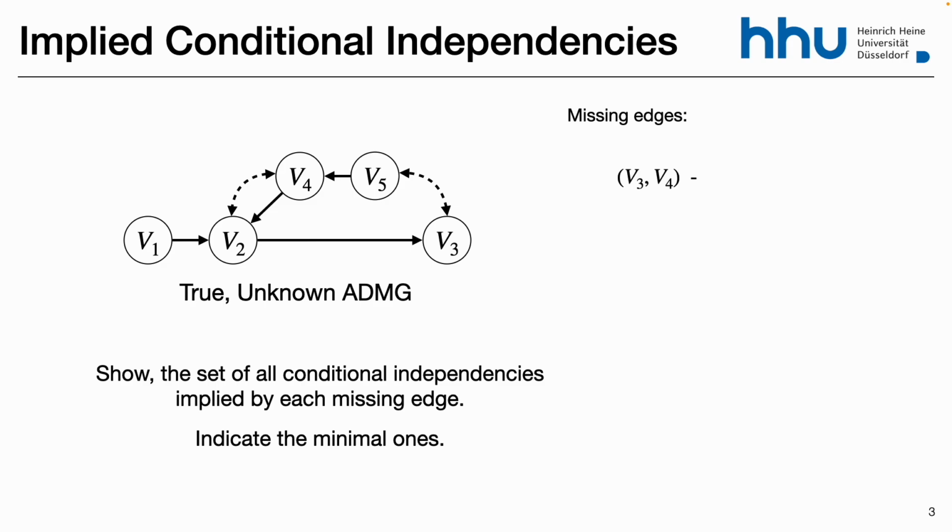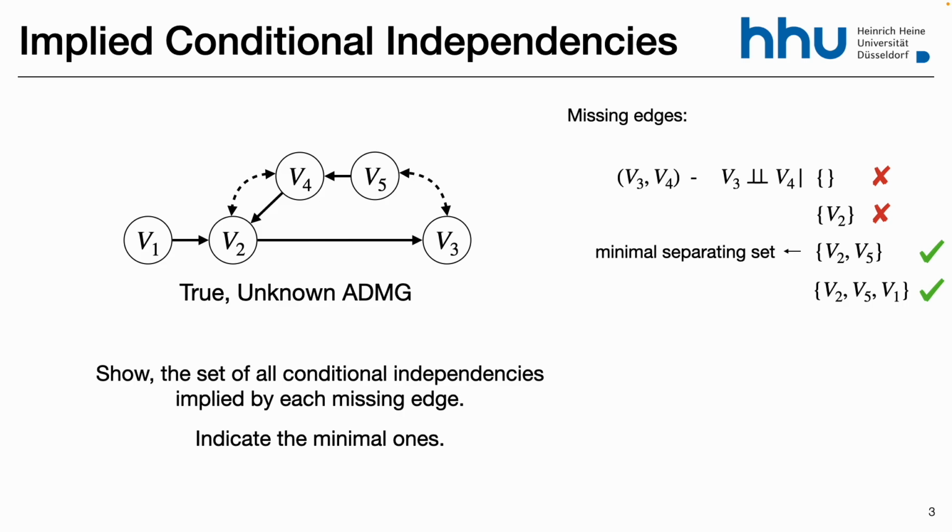We need V2. V2 and V5, is it sufficient? Yeah, exactly. So the empty set doesn't work, only V2 doesn't work, V2 and V5 works. So V2 and V5 is the minimal conditioning set. What about V2, V5, and V1? It works as well. So there is a minimal separating set, but of course,